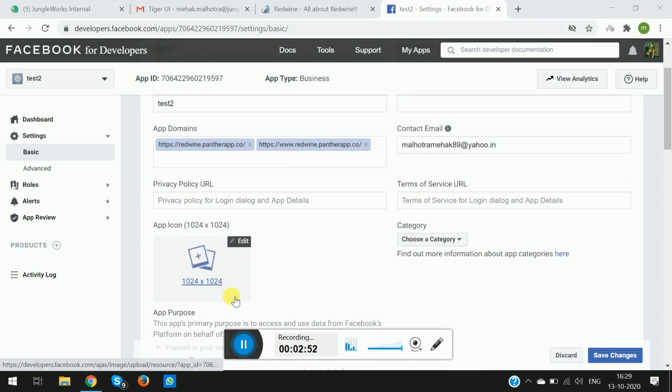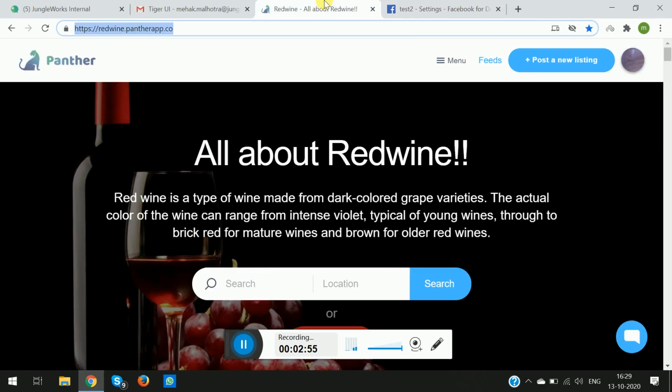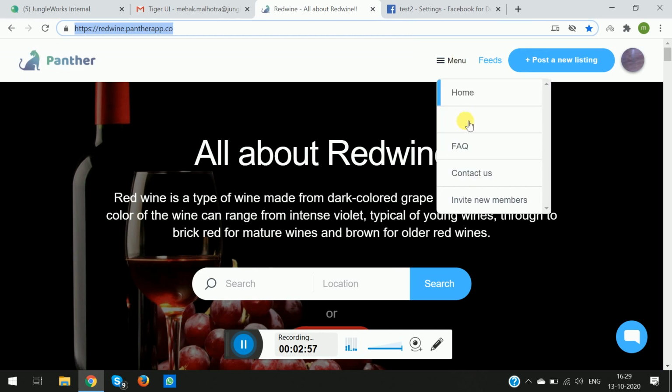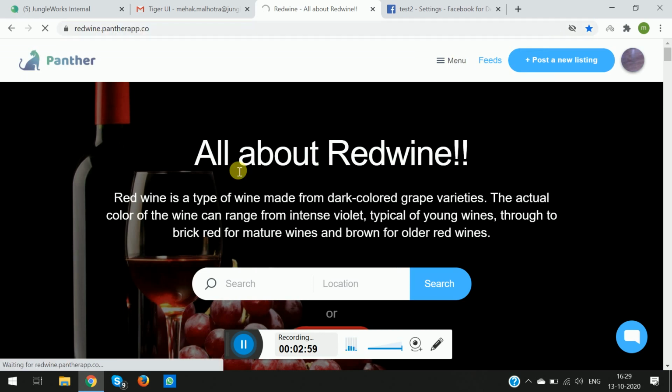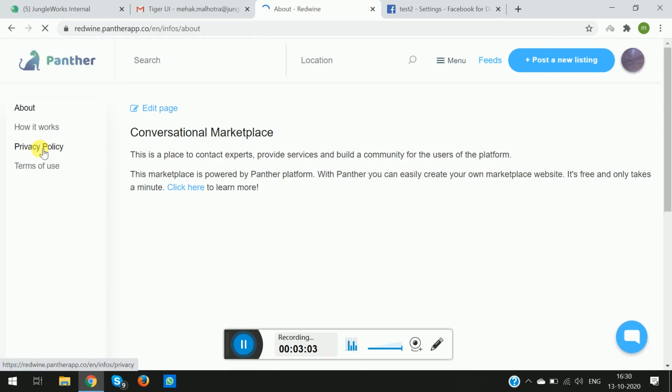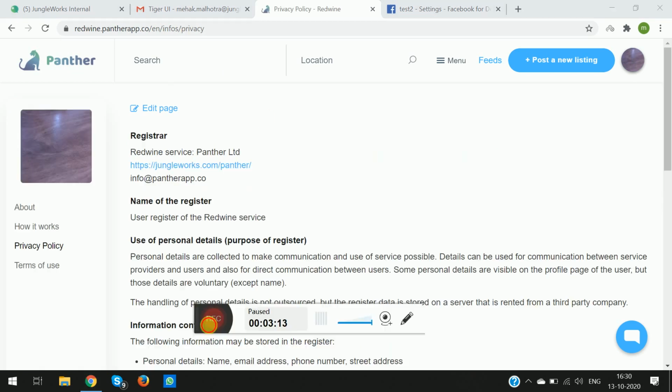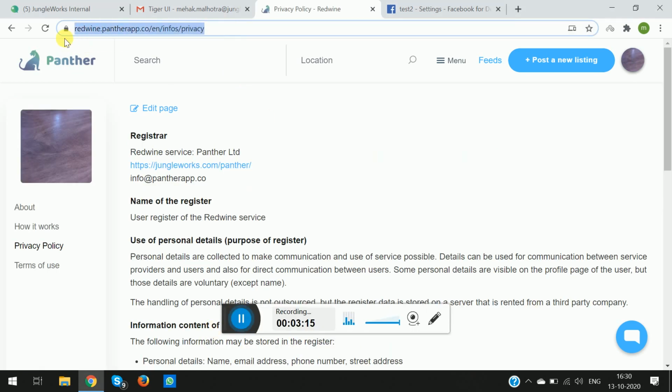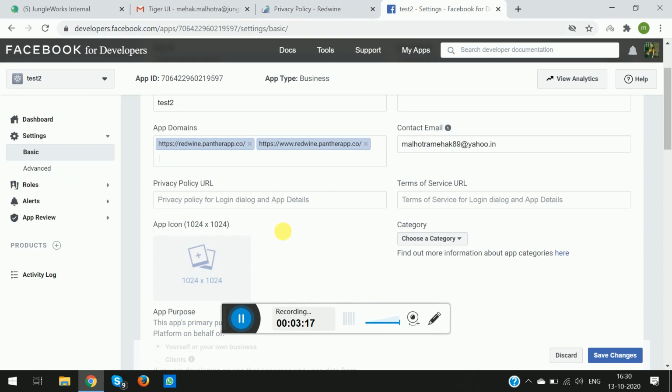Second step would be to add the privacy policy here. You can simply go to About on the Panther platform, where you can see the option of privacy policy. You go to privacy policy, select the URL from here, and simply paste it here.